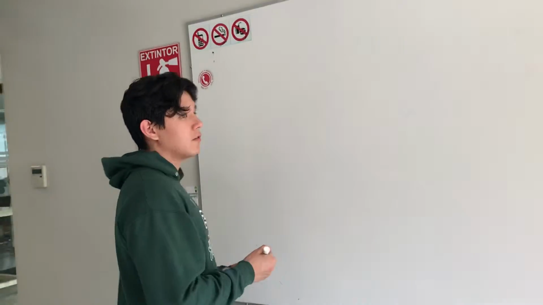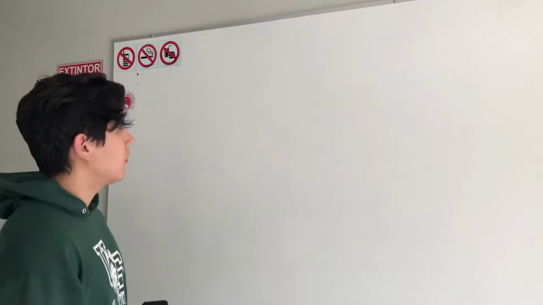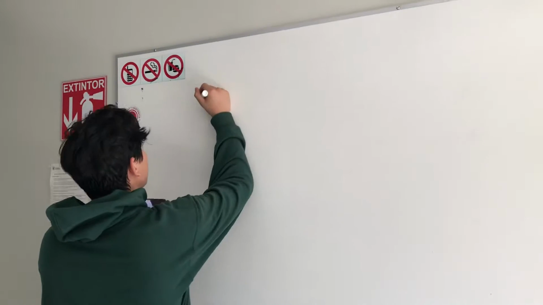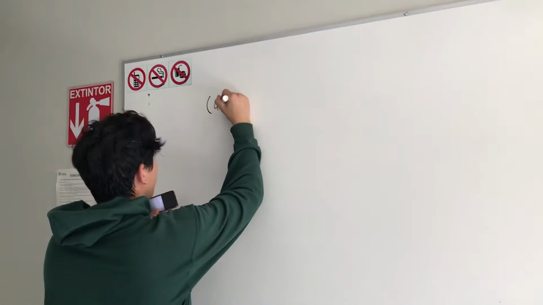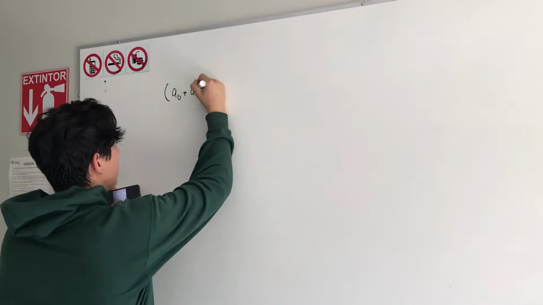So in this video we will see how to resolve some axiom problems and some vector problems. So the first problem is that we have this equation a0 x